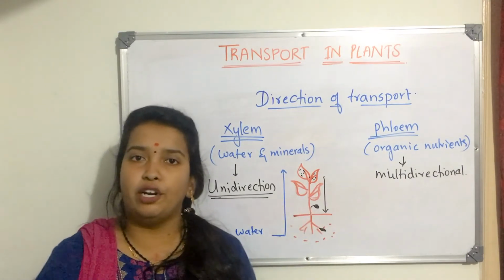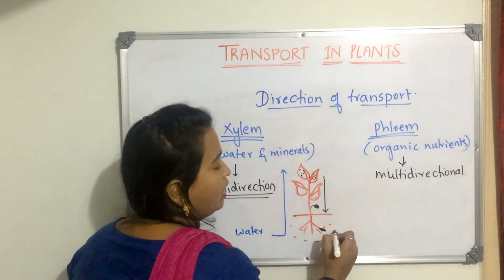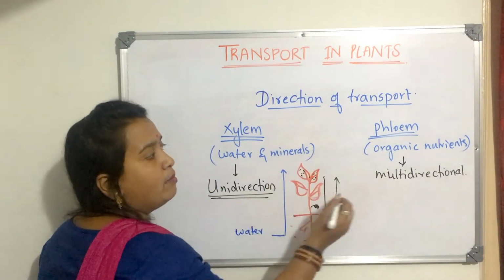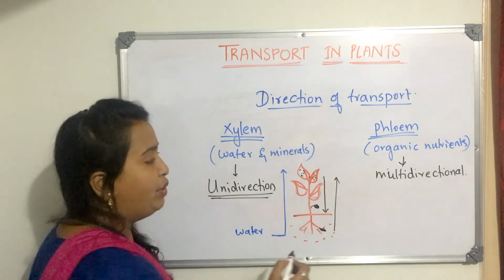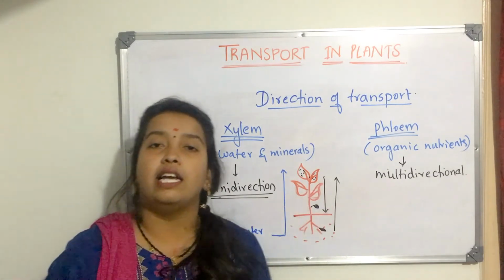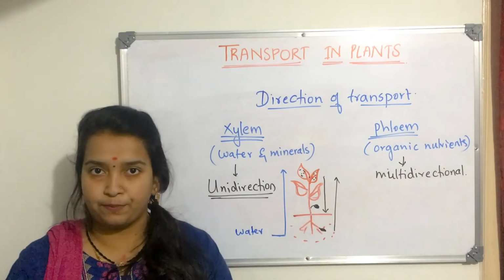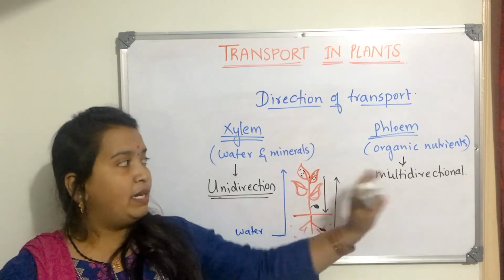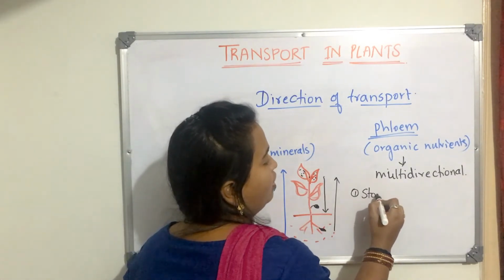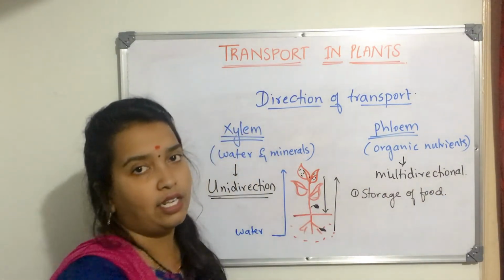If it is storing its food in root, obviously one or the other day, the food from the root has to be given to the other part of the plant. So here, when we talk about phloem, organic nutrients cannot be strictly unidirection. It can be the other direction as well. So here we have two different directions in which organic nutrients are moving. So we say that it is multi-direction. I hope it is clear now why it is multi-direction. This is one reason. So based on seasons, based on storage of food, it becomes multi-direction in process.